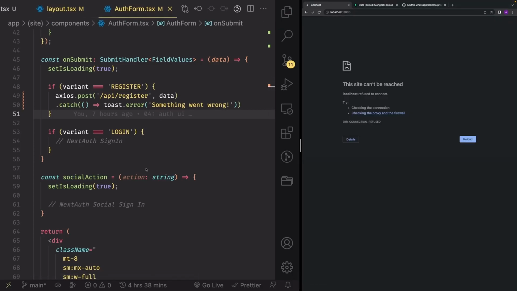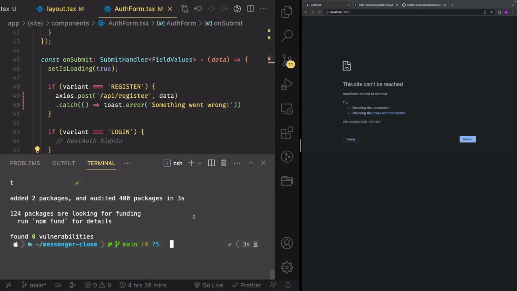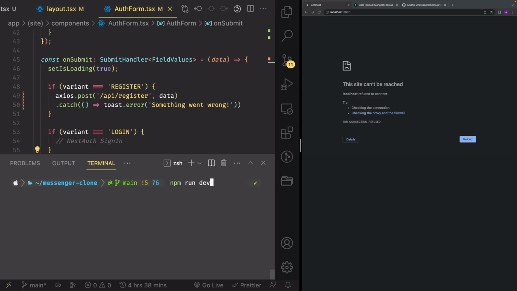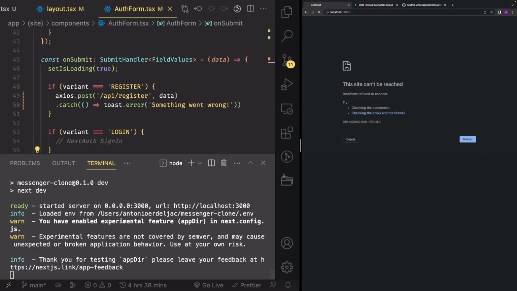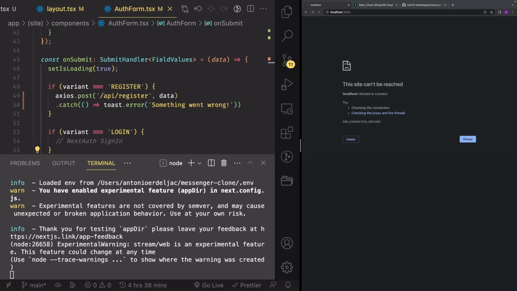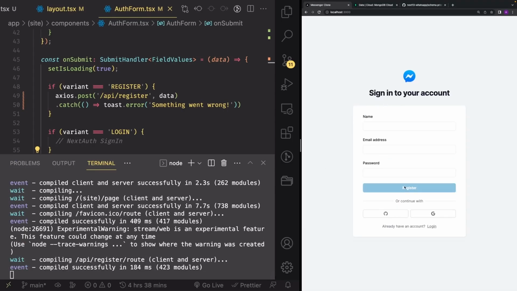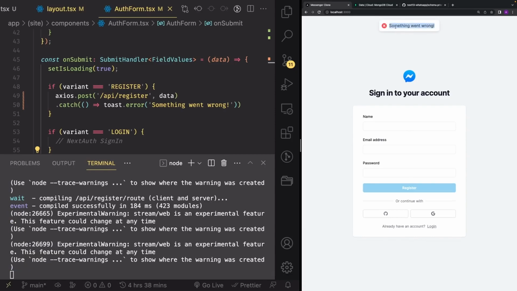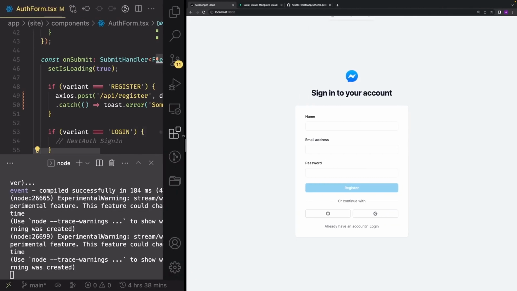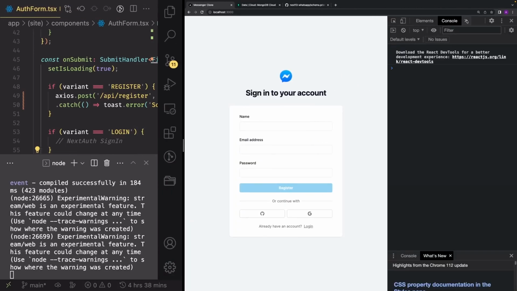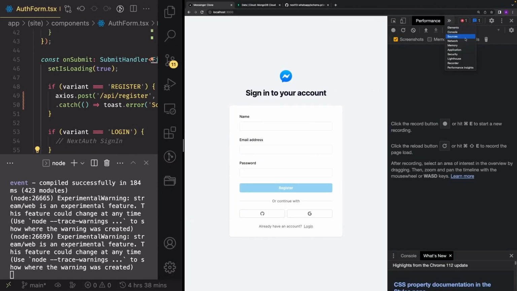Great. And make sure you run your application after you install the package, so npm run dev in the terminal, and just refresh your localhost. Now I'm going to click create an account again and click register, and you can see that I get back an error, something went wrong. Why do we get that error? You can check that in your network tab on the side. If you click on network,